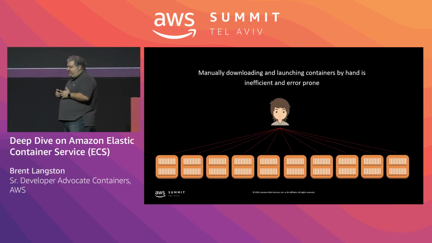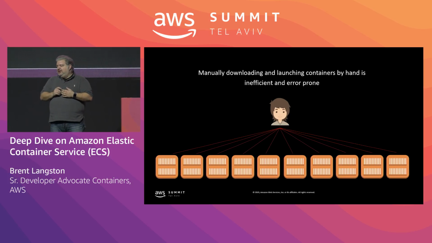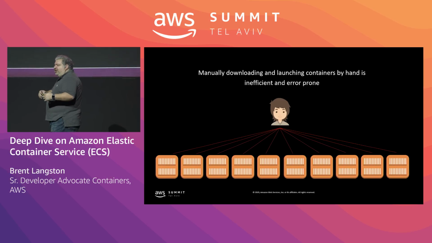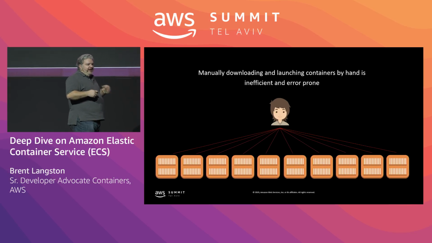But let's look at, for example, the mechanism that we had once people started using containers. There was a person, an operator, who would deploy a container or set of containers out onto an instance. And that often, at the most basic level, meant they were SSHing into an instance, docker pull, docker run, etc. Or they might use some kind of automation to do that for them. But they were tying the container to the instance still. Or they were tying maybe a set of containers to an instance. So if they needed to scale a service or a collection of containers, they would have to still add instances,